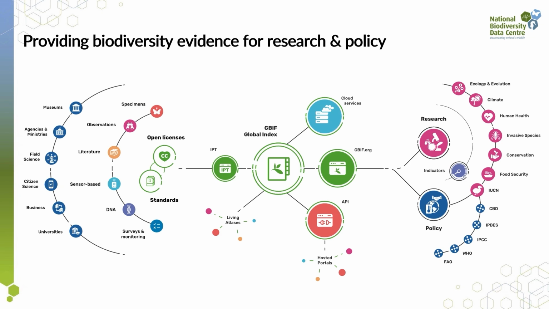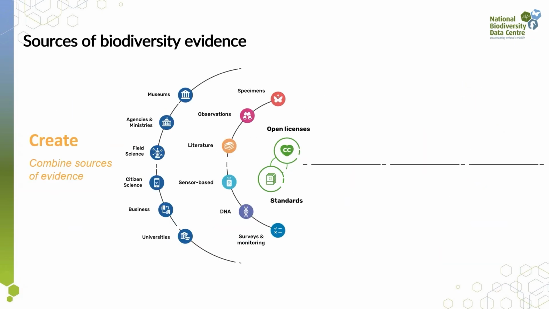This is the infographic of the data flow within GBIF. So from the data providers on the left-hand side, feeding their different types of biodiversity data, and how it's managed in the center of the infographic, and to how it's used and by who on the right side of the graph. So starting with the left side of the infographic there, the evidence that feeds into GBIF takes many